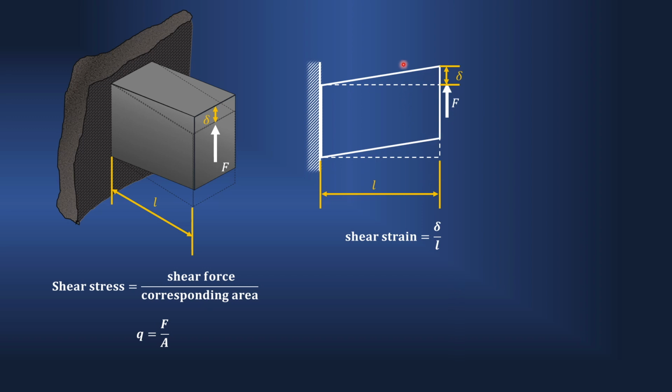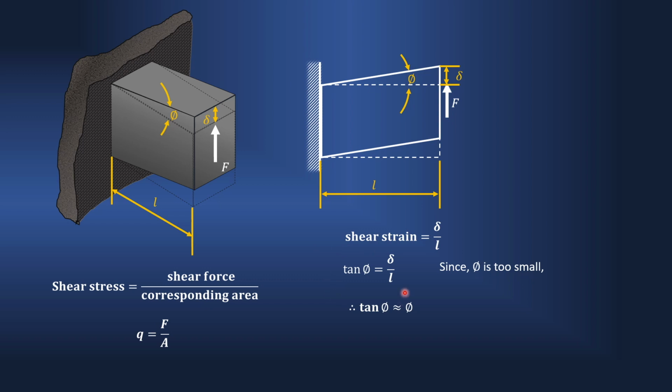Now this is angular deformation. Let's label this angle as phi. So now you can say that delta divided by L is nothing but tan phi by geometry of right angle triangle. So we can write tan phi is equal to delta by L. But the deformation here I have shown in the diagram, it is exaggerated, of course. This deformation is very, very small. So since this angle phi is very small, we can say that tan phi is equal to phi.